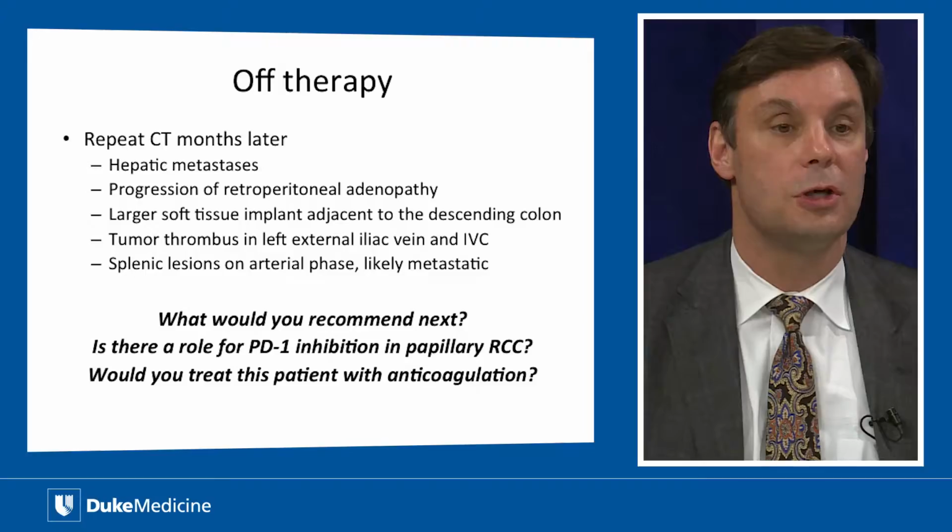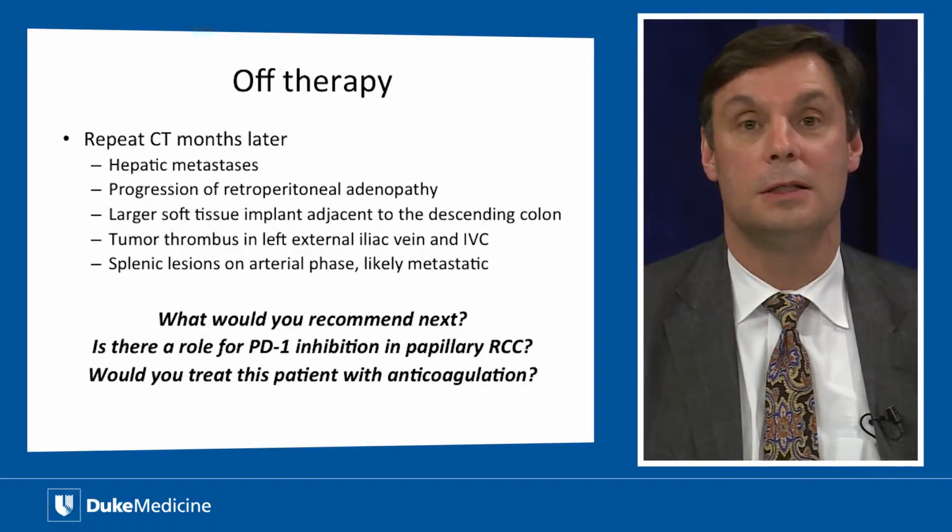So we held her sunitinib indefinitely at that point, recognizing that she had this significant toxicity in a very short window of time on this drug, and had a response, had a significant weight loss, so clinical progressive symptoms associated with toxicity, but not with disease progression. So we held the drug and continued to follow her on study, and she continued to show evidence of disease control until December of that year, when a CT scan showed new and extensive hepatic metastases,